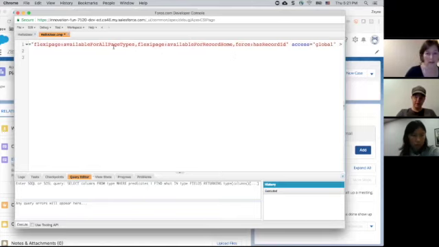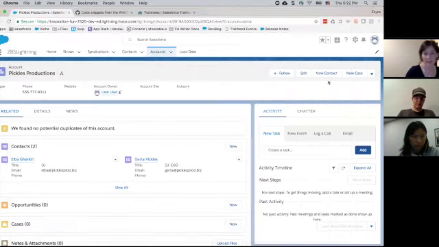Okay, so we have these three interfaces all hanging out here. No problem, they can all live there at the same time. And so I'm going to save my changes. And now because I have these interfaces here, even though my component isn't very exciting, if we go back into Lightning App Builder